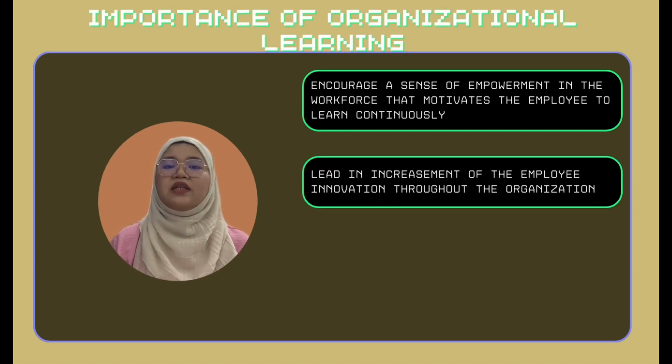How can organizational learning develop the employee innovation process? When employees make contributions in organizational learning, it will enhance the skills and knowledge that they have. Due to this, it will help in increasing the innovation of the employees. For example, there is the quote that says, "Teamwork makes the dream work." When the employees come together to brainstorm and collaborate, ideas have the potential to get bigger and brighter. This proves that organizational learning can enhance the productivity of the employees and also bring a good outcome